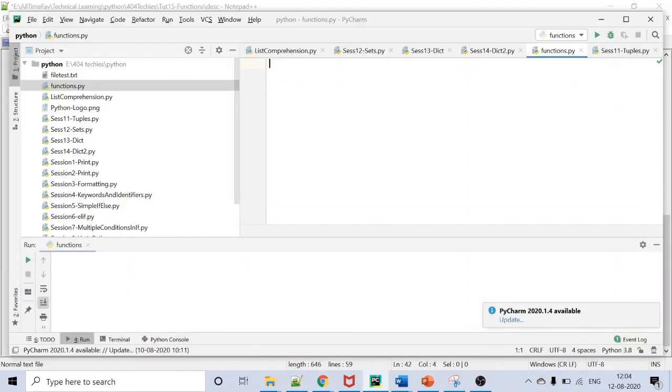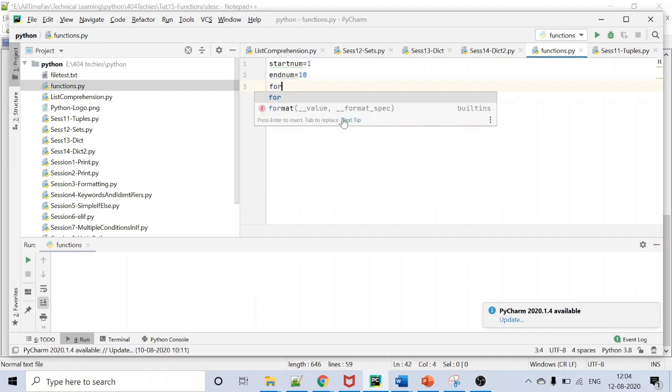Now I'm going to write a piece of code to print the even numbers in a range. For example, my start number is 1 and my end number is 10. I'm going to print the even numbers between these two.